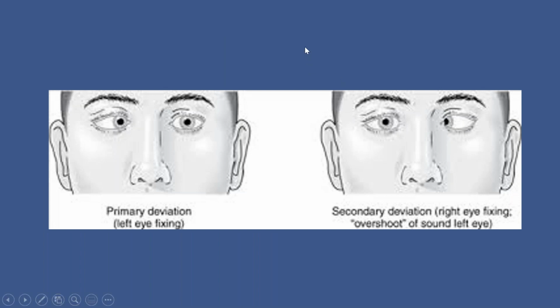I'll explain with this example. Here you see in the first picture, the patient has a right esotropia. The right eye is deviated inwards. If we are standing in front of this person and shining a torchlight, with the left eye he's fixating, and the right eye is deviated inwards. So now this left eye, which is normal, is fixating and the other is inwards. So the deviation